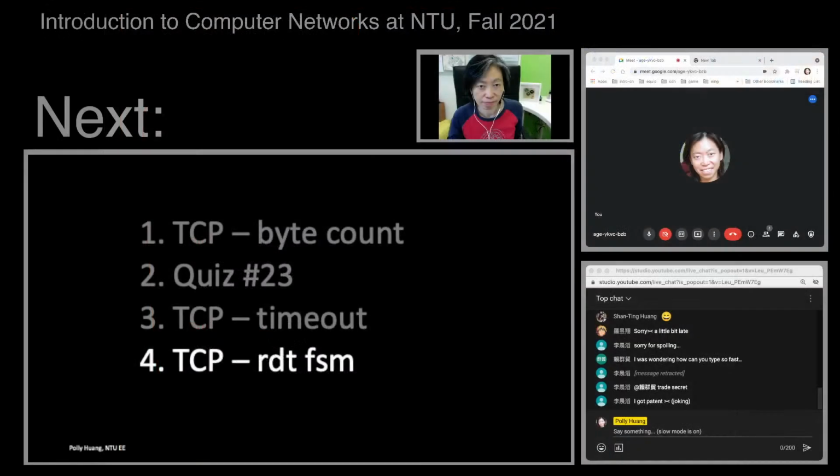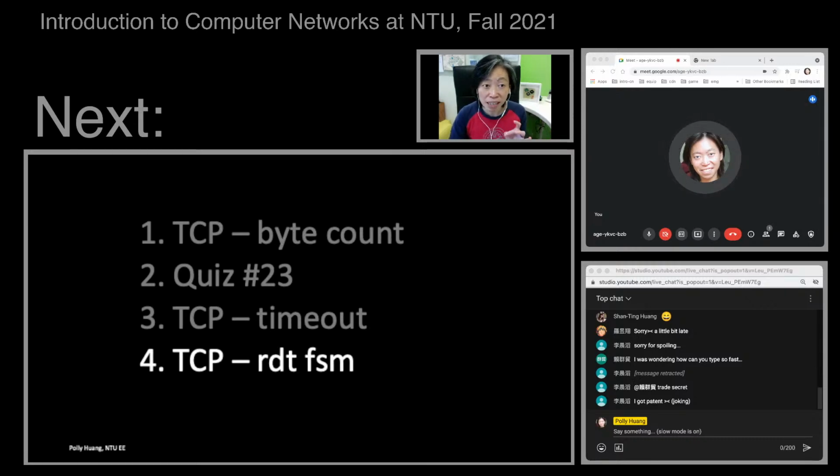Now you see that the finite state machine that we keep drawing is graphical, but it's actually not that far-fetched to write a program based on that graphical model of how we do reliable data transfer. From the graphical model, you can write it in the form of pseudocode, and from there you can see how to program the TCP sending side. Similarly, if you take the receiver finite state machine and turn it into pseudocode form, then you know how to write the receiver side of TCP.